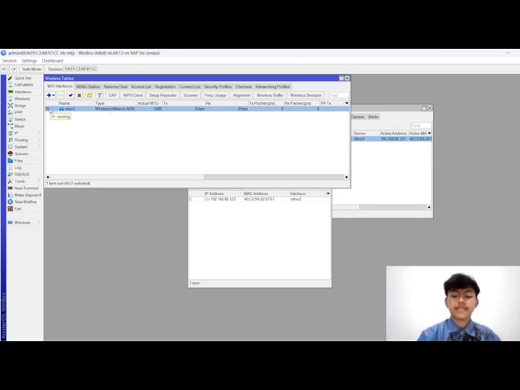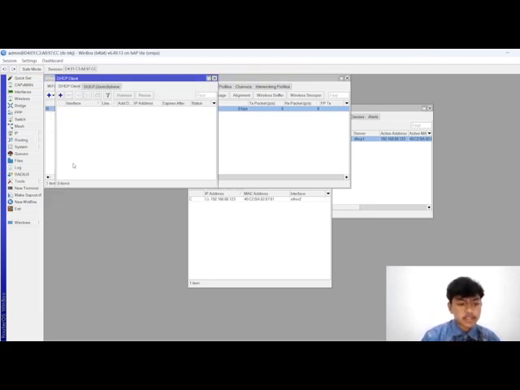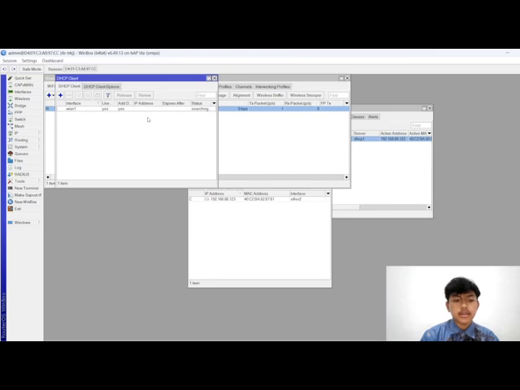It's running, and you can click IP, click DHCP client, and add wireless LAN and apply. Click OK. Wait until the IP address is found and status is bound.